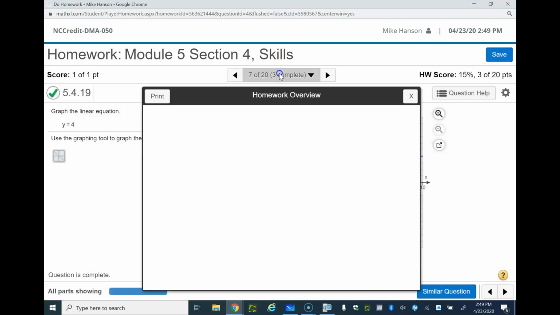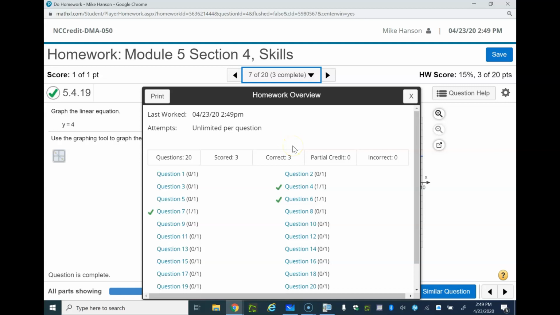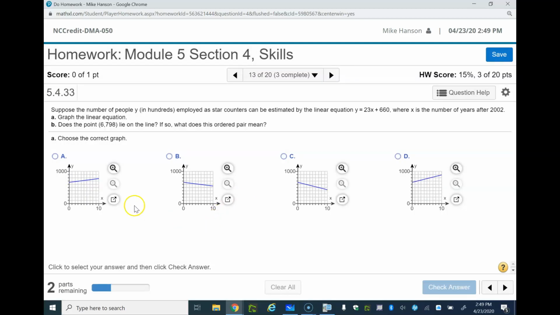And the last one I'm going to do from this section is going to be number 13. So this one here, the numbers are very big, but this is still what some of the things I want you to look at when I look at these problems here. Suppose that the number of people employed at a stars counter can be estimated. So they gave the equation y equals 23x plus